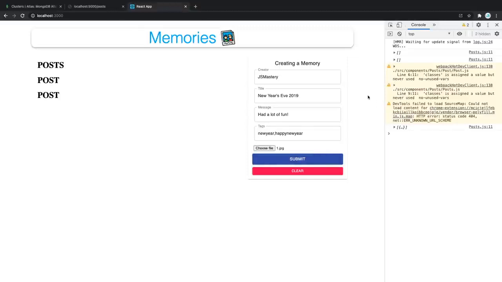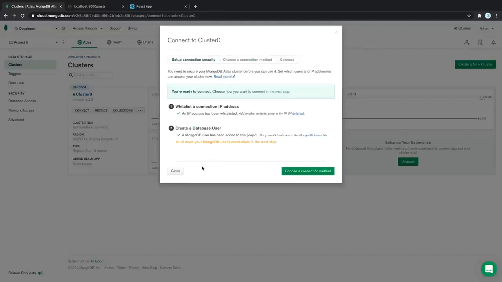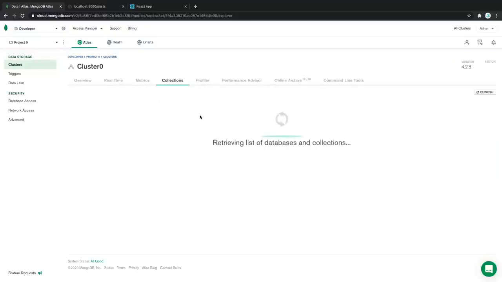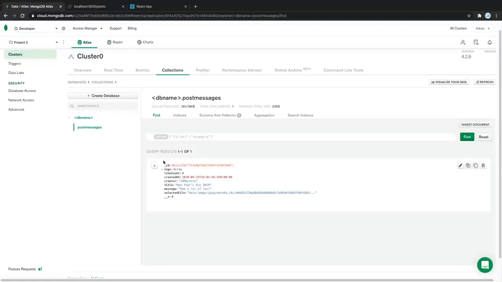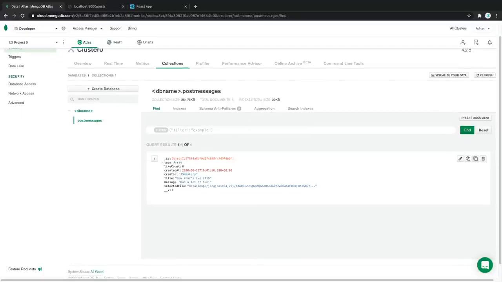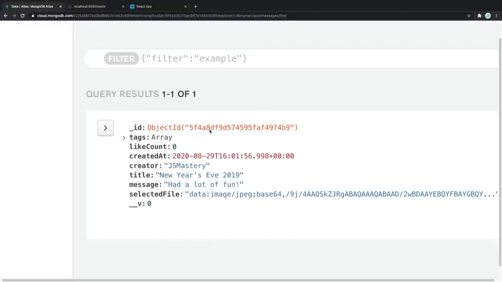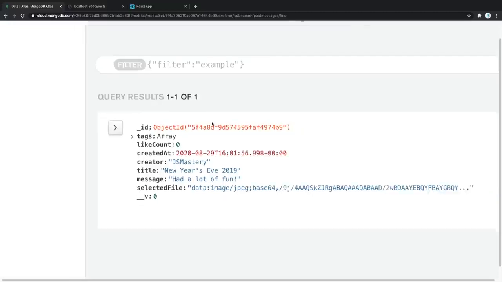As you can see, something happened and we got an array back, array that has one file in it. That seems great. Of course, we're not seeing anything yet because our posts and post is not displaying anything. But if we go back to our cluster and then in here, you can go back to Atlas and then click collections. If you go into collections, you can see the data that is actually in the database. In here, we have post messages, and would you look at that? That definitely looks like the object or the memory we just created,